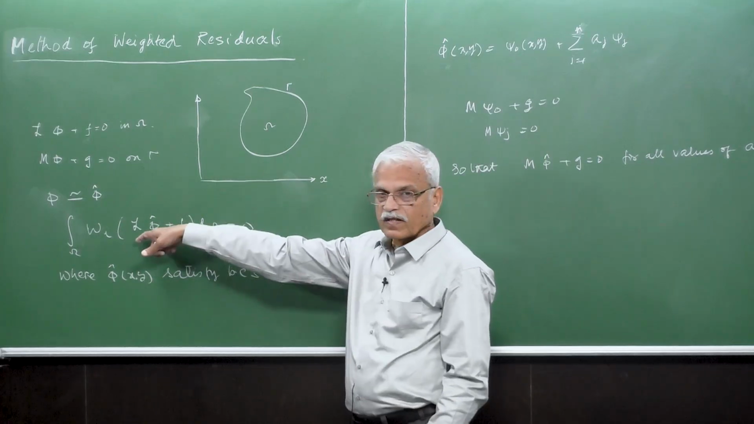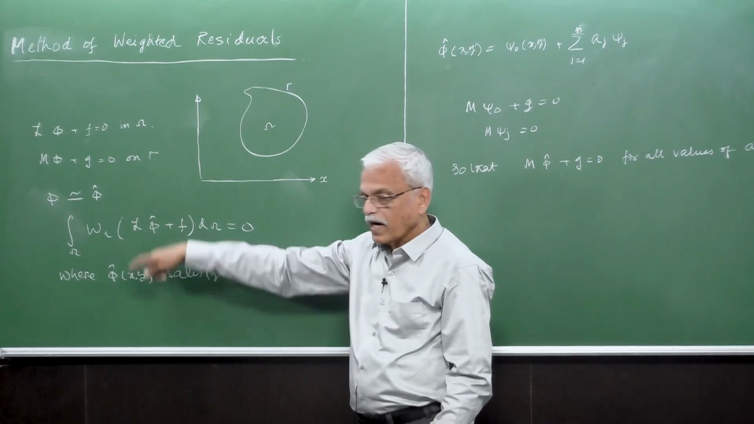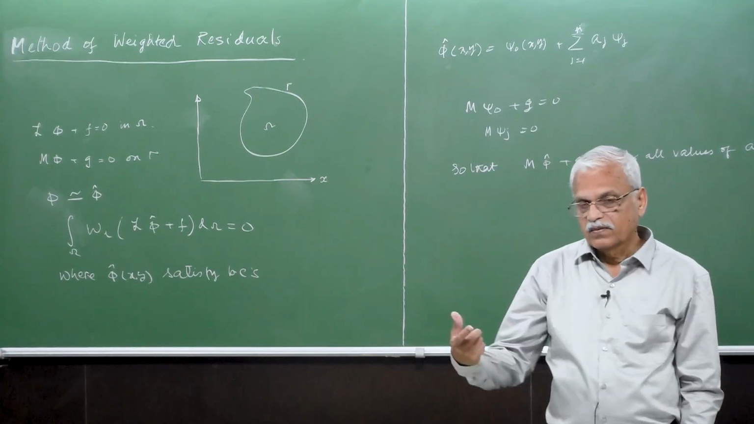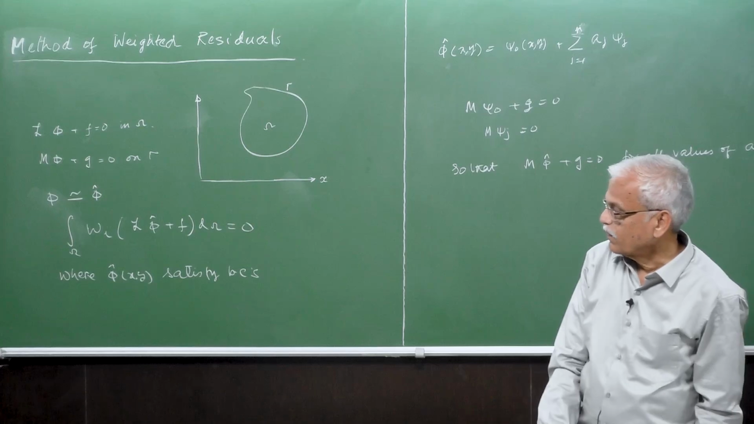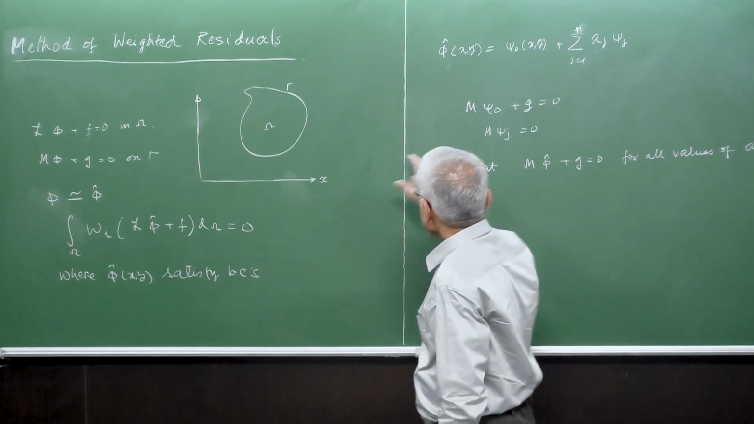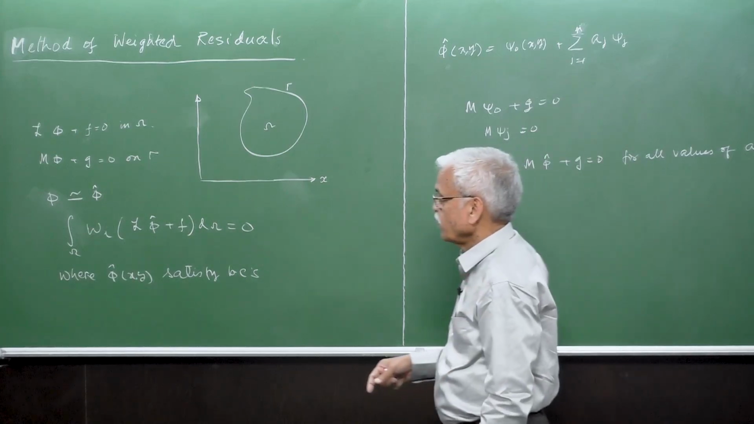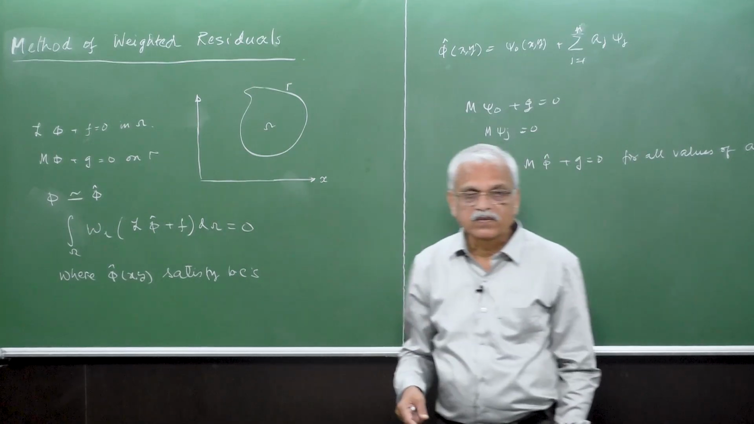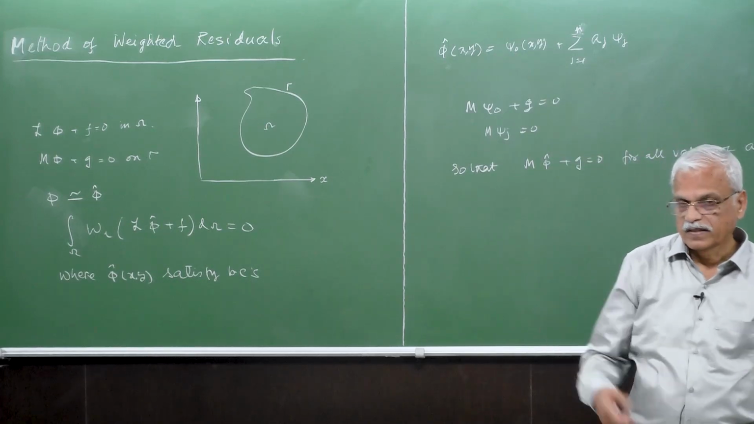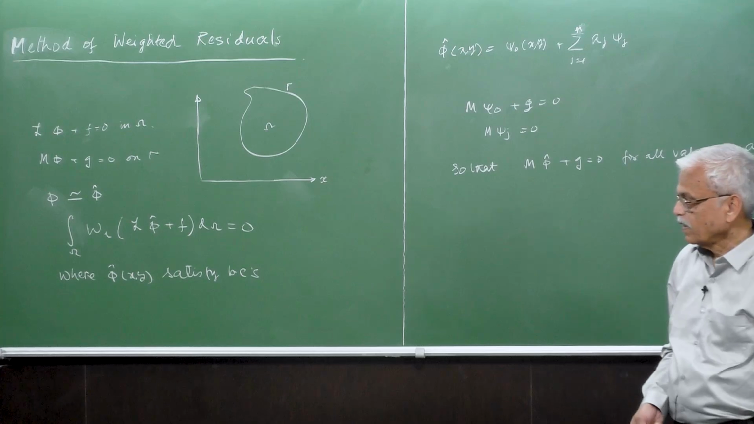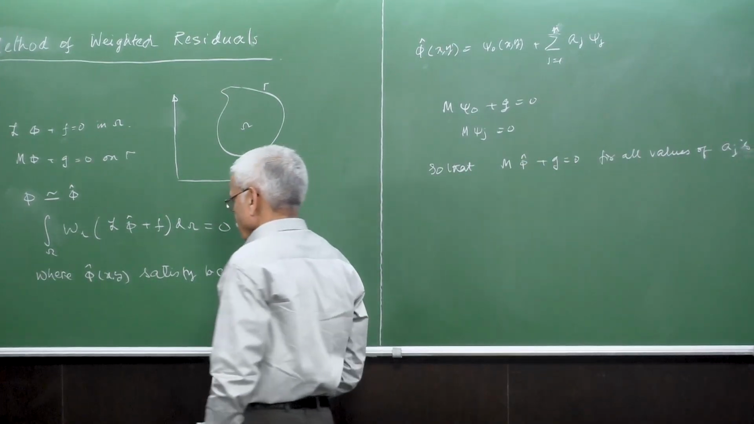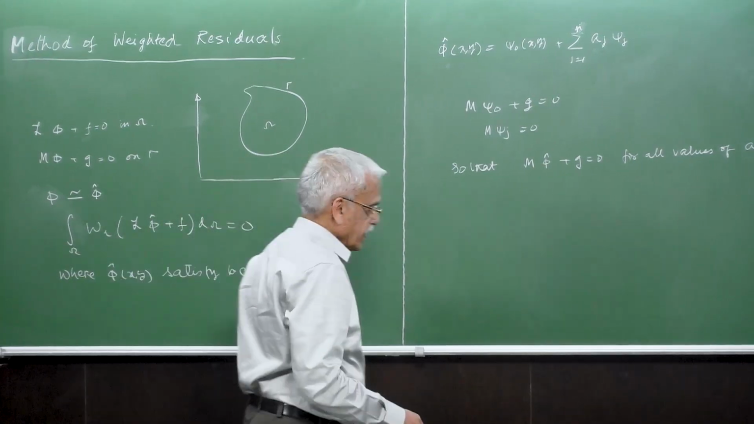So if wi is a complete set of functions, then n may tend to infinity. In the limit, the equations which you are going to get in a_j are going to determine the solution exactly. So this is the theory behind the method of weighted residuals. All right,